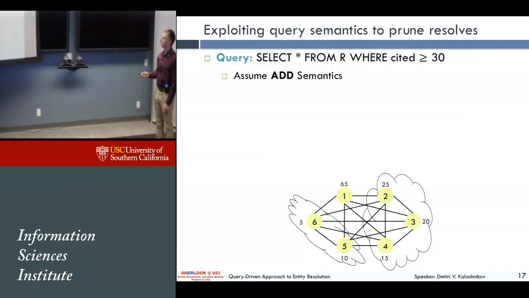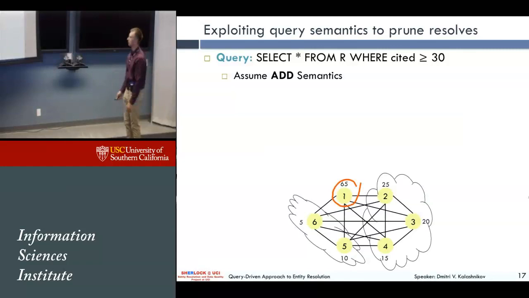All right. So the question now is, how can you use the query semantics to improve not the quality, but the efficiency of cleaning? This is an example. Let's say the query is select from R where the cited-by attribute is above 30. Assume we're using additive semantics. So we have a publication with citation count